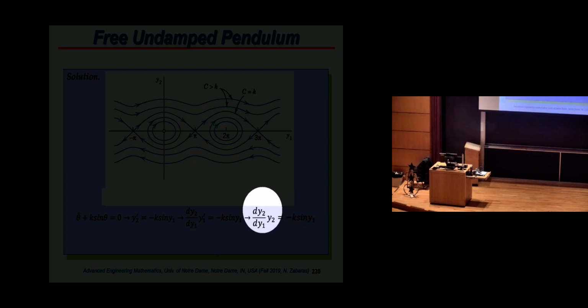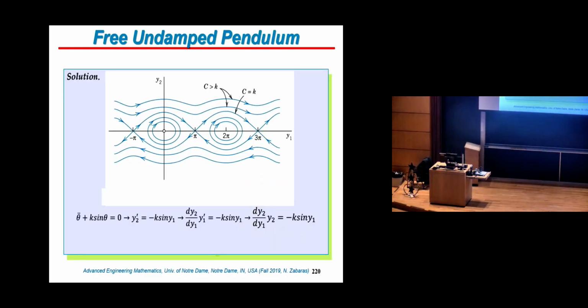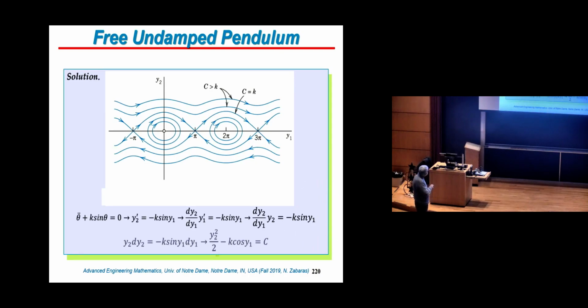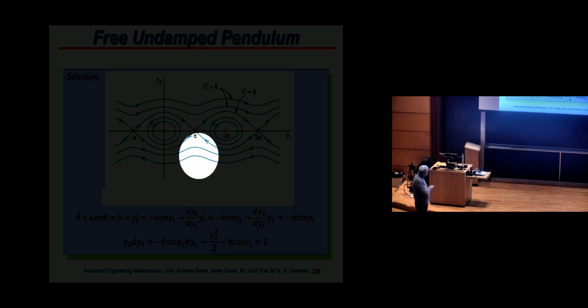which we covered 20 lectures ago. How do we call that equation? It's very nice. You can solve it immediately. How do we call that equation? Separable equation, all right? So we can separate y2 on the left-hand side, put everything y1 on the right-hand side, and you can integrate, and you can immediately see that y2 squared over 2 minus k cosine y1 equal